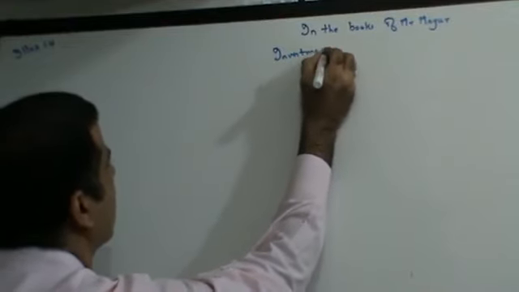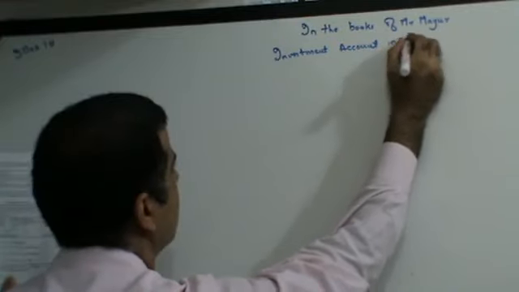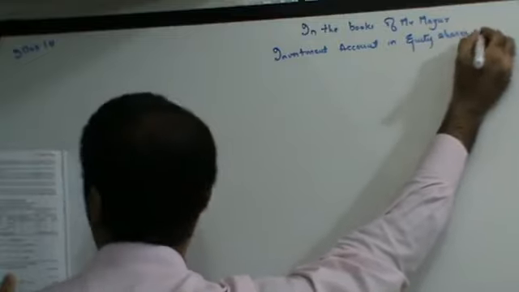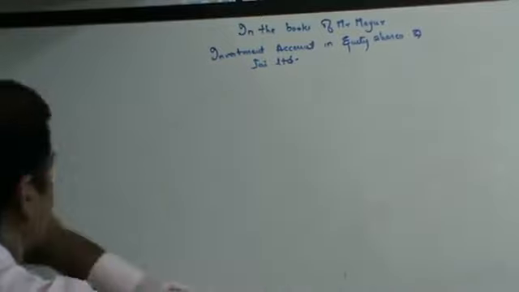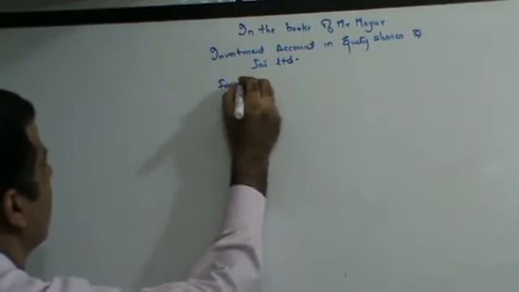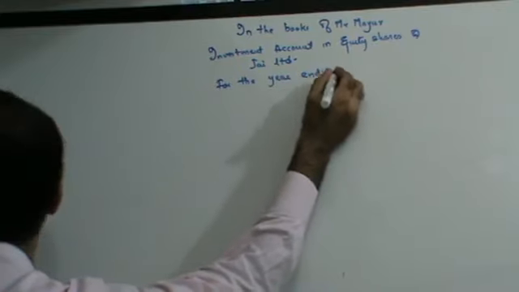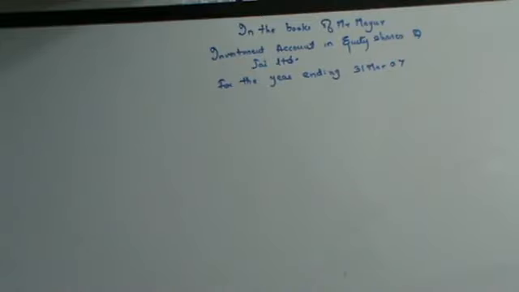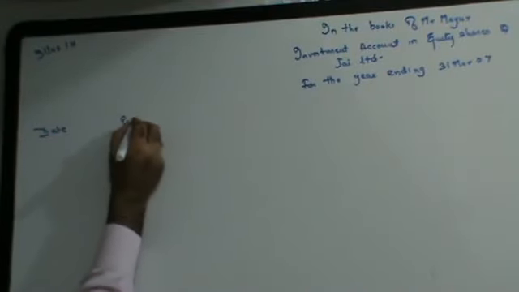Investment account in equity shares of J Limited for the year ending 31st March 07. Right. Now here instead of debentures you have shares, so this will be date, particulars,